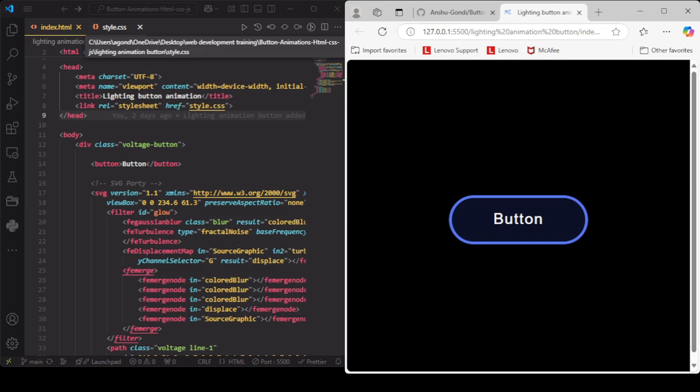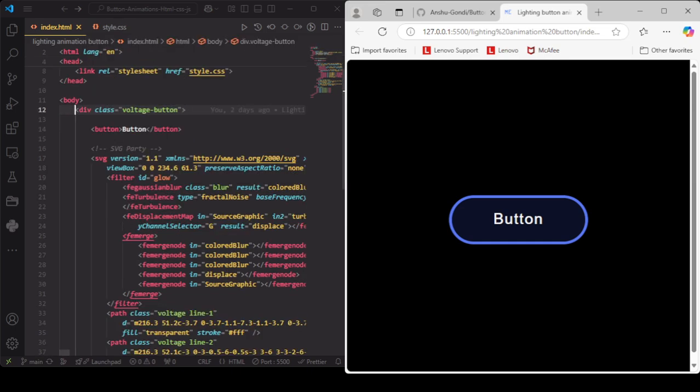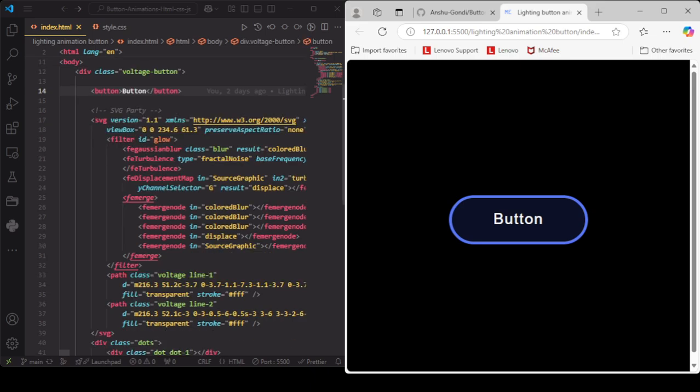Then we have included the div class as portrays me button in the body part of the HTML. Then given a button which is going to come right here, and then we have taken the